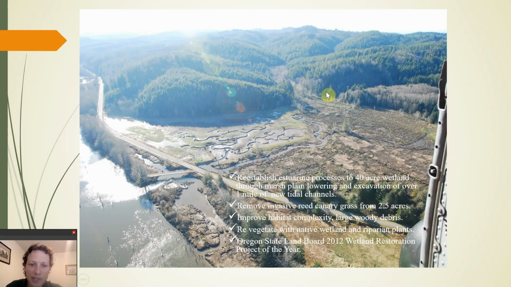And then obviously the once simplified habitat, here's the stream that runs up into the woods, and there's its little watershed. The once simplified stream has been made more complex, and a number of things were done here to make that happen. Obviously, tidal channels were reconstructed, ditches were dealt with,